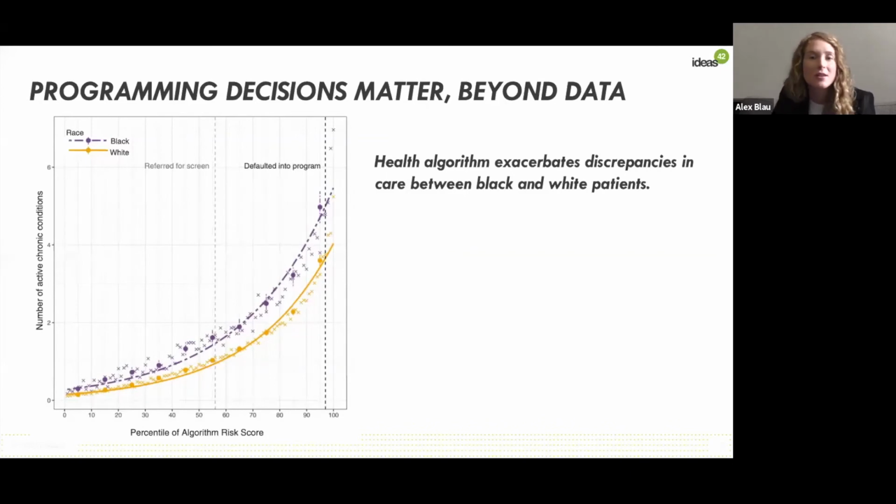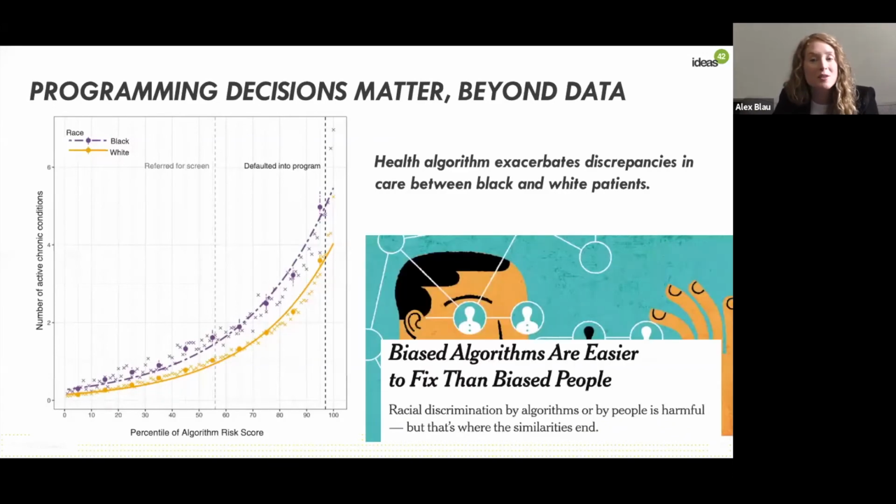So what was the issue here? Well, in one case, you could use expenditures as your outcome of interest when creating a prediction model, or you could use a more multidimensional measure of health that would have gotten you much closer to an accurate referral to an important program. An important point that Sendhil makes in relationship to this study is this idea that an algorithm is actually a lot easier to fix than a biased person. So at least with an algorithm,